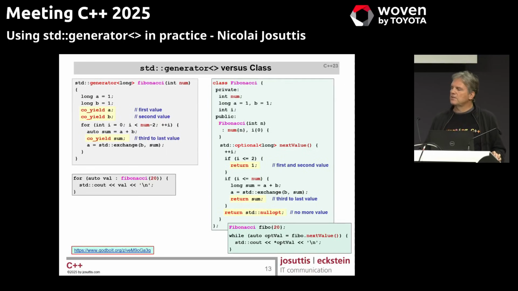Now my question here is, which of these codes is more readable? So in which of these parts, left or right side, do you understand the logic of this Fibonacci function? And I mean, it's a rhetorical question. Of course, on the left. And if you say something else, you ruin my talk here. So, but the point is